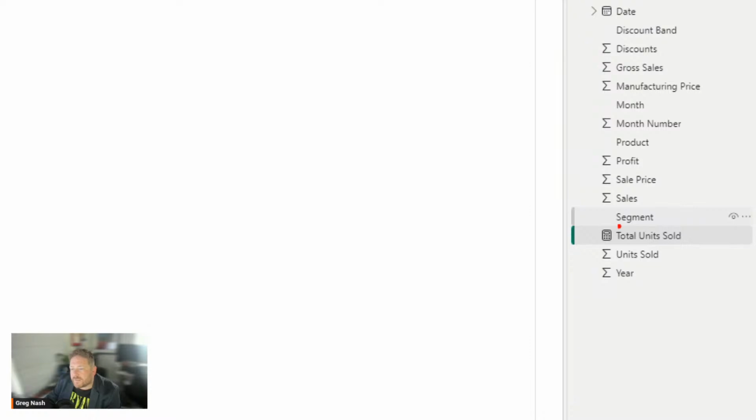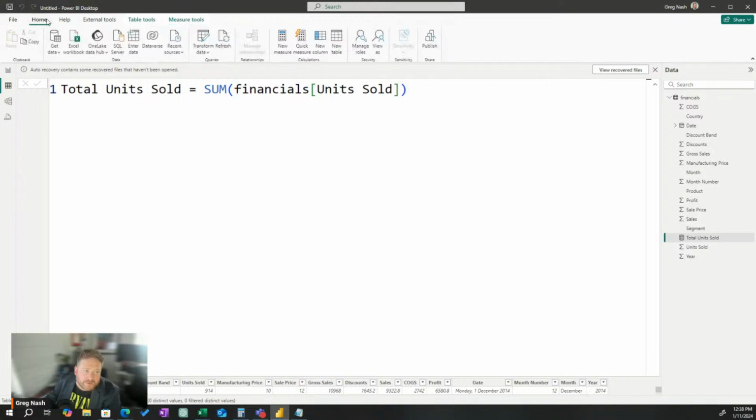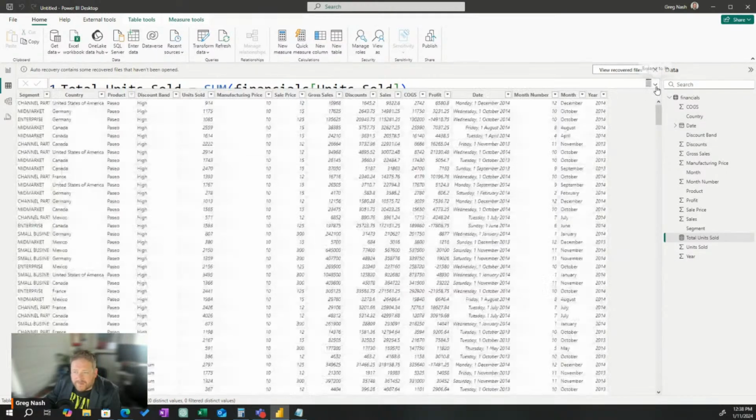Now, over the right-hand side, it created this little calculator guy. That is called a measure. We love measures. Measures are our friends. I've got to write 2 expressions, though, in DAX. I'll create a new table. Really? A calendar date table. Okay, this is proper credit. All right. So we're going to do the other extra credit, which is to create a new calculated table.